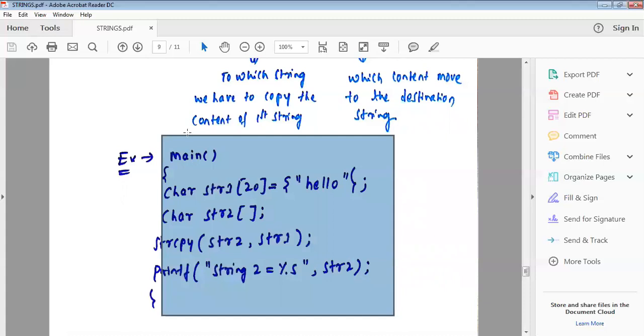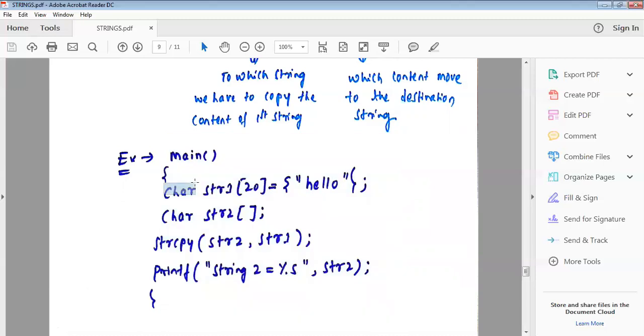So main, character, the first character array, char data type you take. So string length str1, maximum length 20.